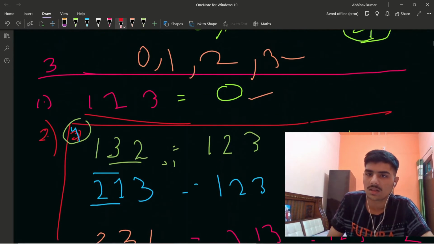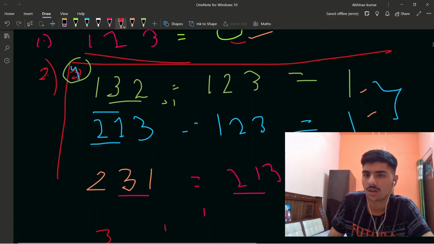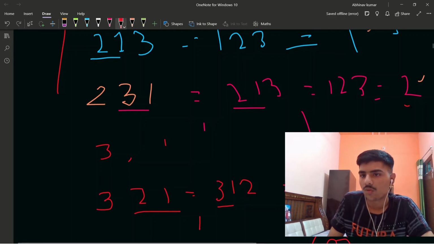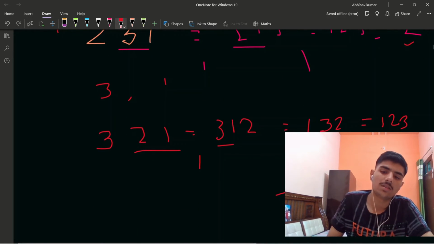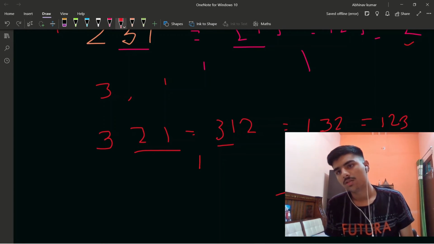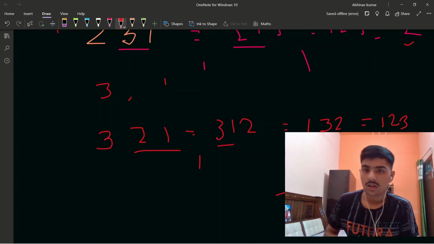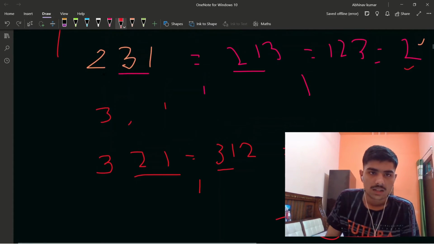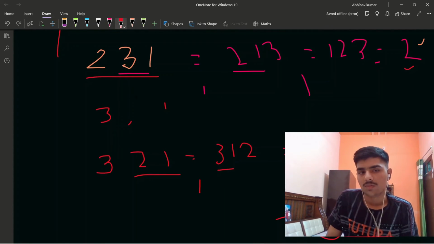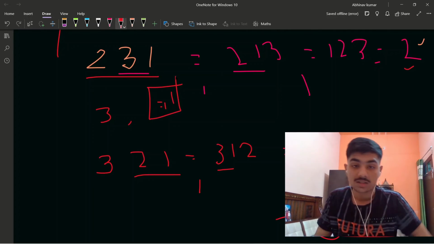Okay, so there are basically 5 cases in this problem. 1 when the answer is 0, 2 and 3 when the answer is 1, 4 when the answer is 2, and 5 when the answer is 3. Okay, 2 cases of 1 and 1 case each of 0, 2 and 3. Okay, and I forgot one thing to tell, that we cannot select the whole array at once. If we could have selected the whole array, then the answer in each case would have been 1.